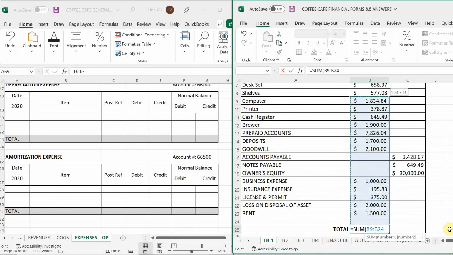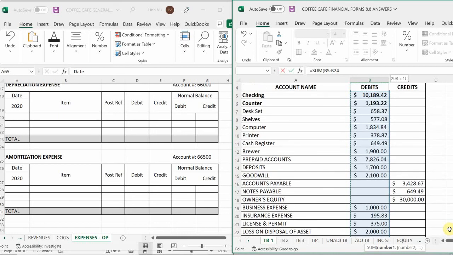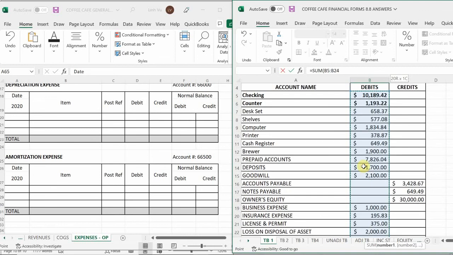So in this case, the quickest way to be able to do this, to save you some extra time, if you are using Excel, which is why I encourage you guys to use Excel or some kind of spreadsheet, right? You can do this a lot quicker by using your equal sum formula, okay? So I went ahead and did equal sum, and I highlighted all the numbers that I needed to calculate in this column, right? So my